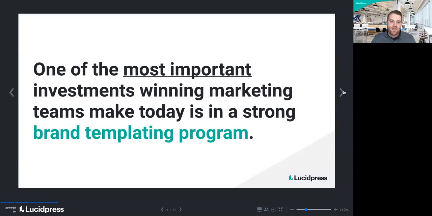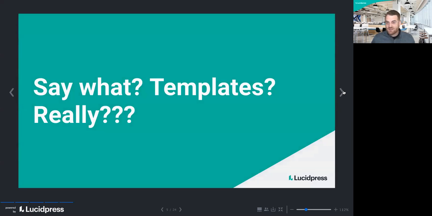If you leave with one thing today, this is what I want you to remember. One of the most important investments that winning marketing teams are making today is in a strong internal brand templating program. For some of you who have started realizing this already, you're probably nodding your head saying, yeah, but I think there's probably many of you out there who are thinking, say what?